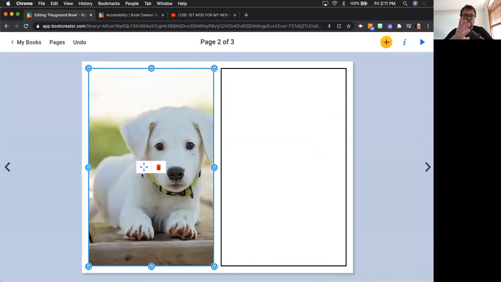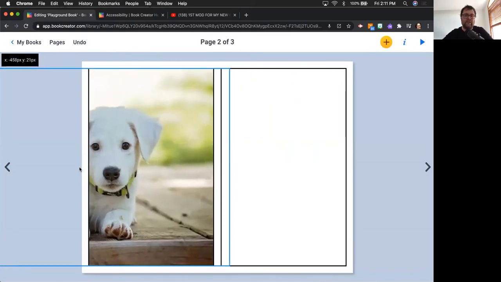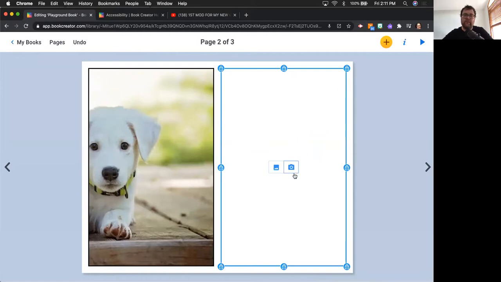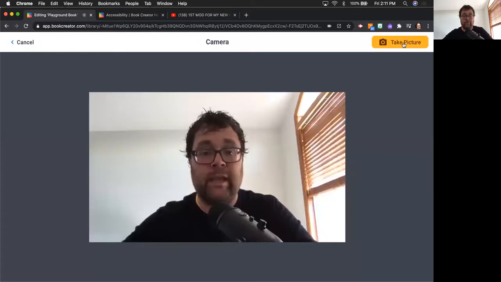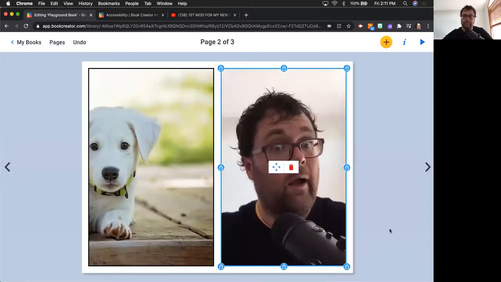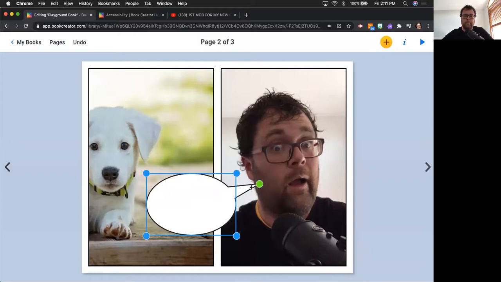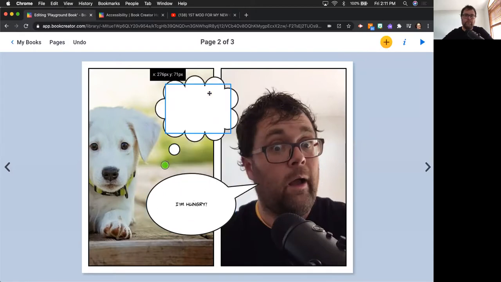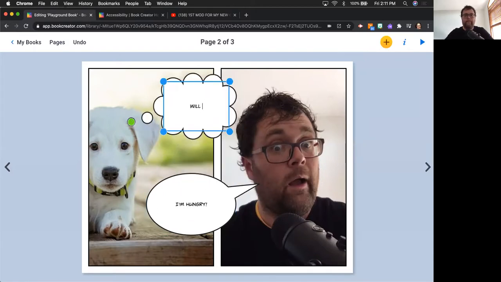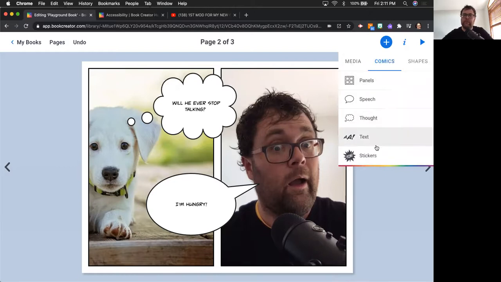Now, if I want to move it or shift a little bit, I can click these little arrows and I can just move it off to the side here. If you click inside the panel, the side on the right allows you to choose a picture right from your camera. I can use that and it gets dumped right inside the panel. And then from here, if I click the plus button, I can use the speech bubble. I can use the thought bubble. I can use special comic text. So we have some specialized comic text options,